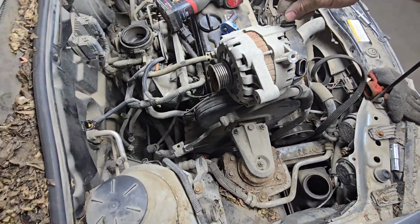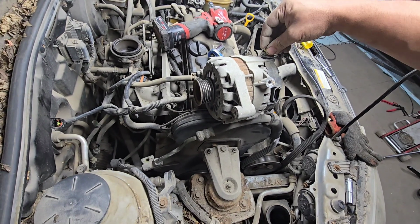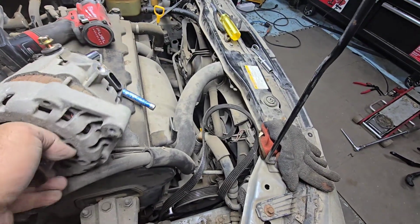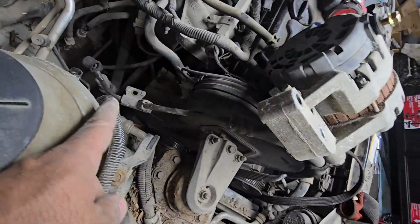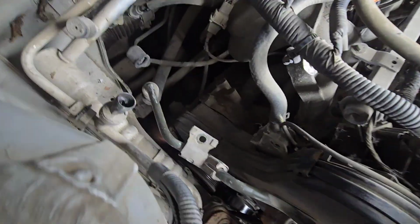All right, there we go, guys. The old alternator is out finally. That didn't take long. It probably took me about 20 minutes on that one. There's that bracket underneath right here with 2 bolts that was screwed into the side of the block right there. You can't see it, but